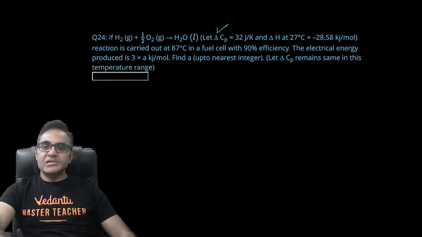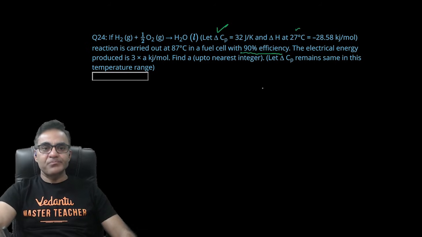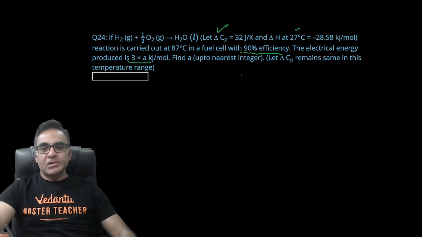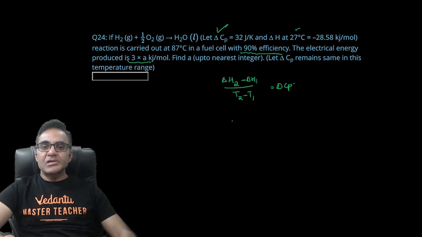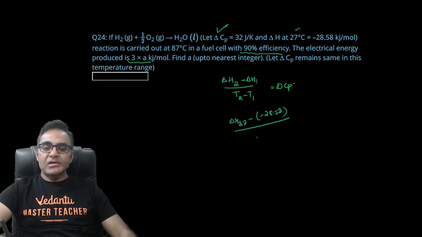रिएक्शन दिया हुआ है, डेल्टा Cp दिया हुआ है और डेल्टा H दिया है 27 डिग्री सेंटीग्रेड पे, और आपको बोला है 90% फ्यूल एफिशिएंसी है, इलेक्ट्रिकल एनर्जी कितनी होगी। ओके ओके, ठीक है, तो हम लोग किरचॉफ इक्वेशन यूज कर सकते हैं, (ΔH2 − ΔH1)/(T2 − T1) = ΔCp, राइट। ΔH2 मुझे चाहिए, ΔH एट 87 मुझे चाहिए, और ΔH एट 27 दिया हुआ है 28.58 डिवाइडेड बाय T2,